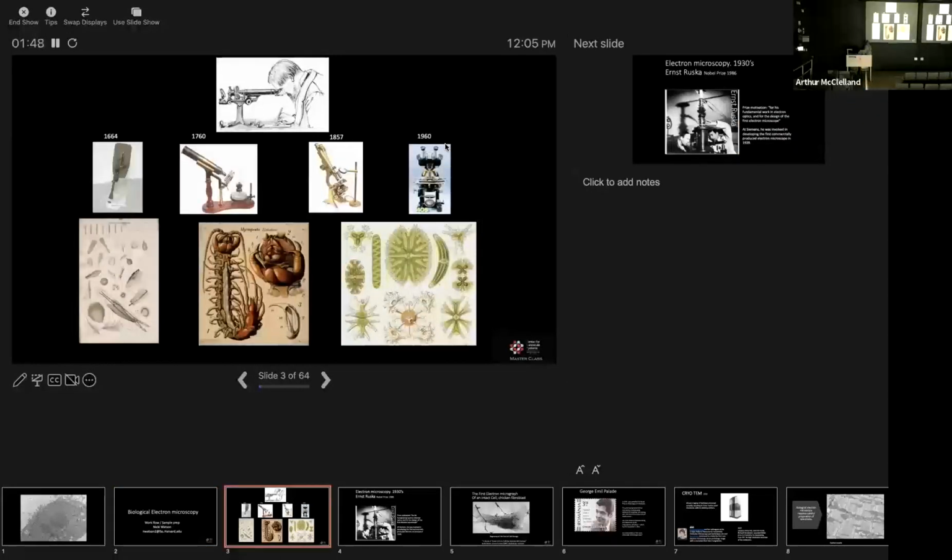Imaging in biology has always been probably one of the most important aspects of biology, from way back with the first Leeuwenhoek microscope up until about the 1960s, when we were still using complicated light microscopes. Imaging used to be all done by hand, as the man in the top picture is showing, looking through the microscope and carefully drawing exactly what he's seeing, documenting these different biological processes and specimens that were being recorded.